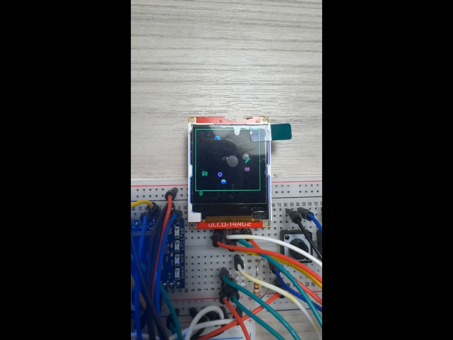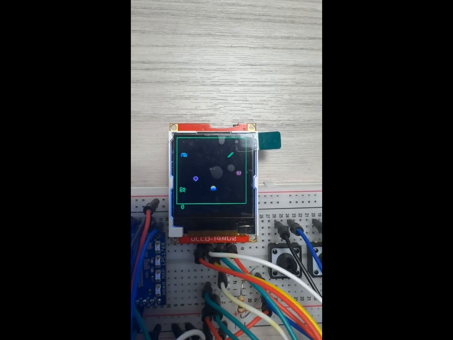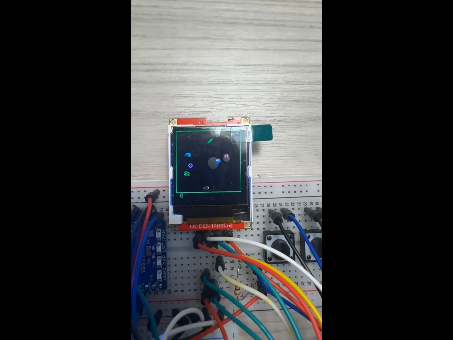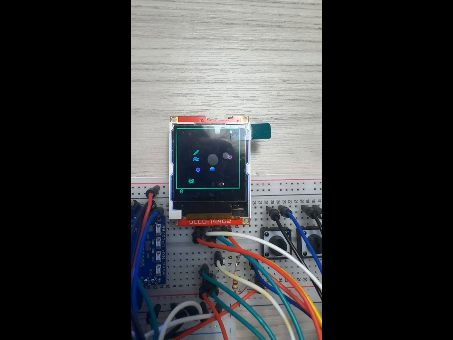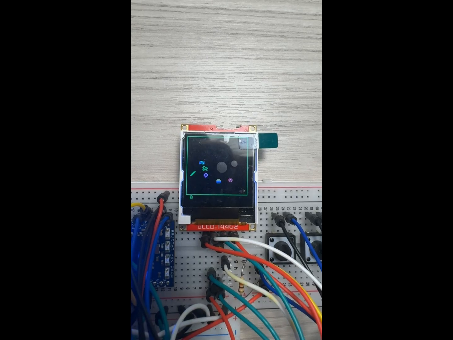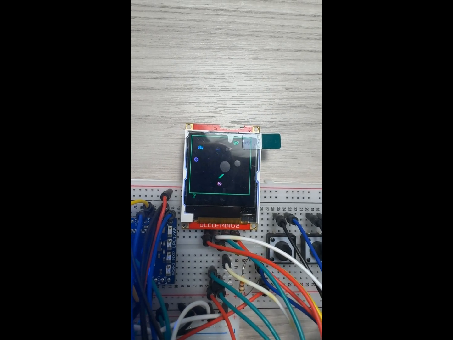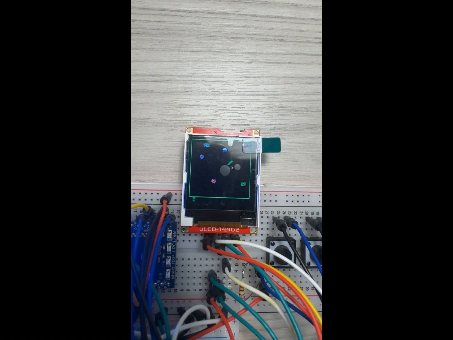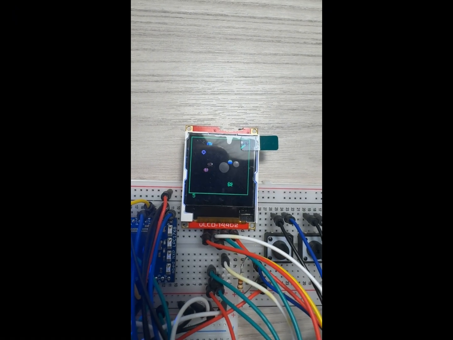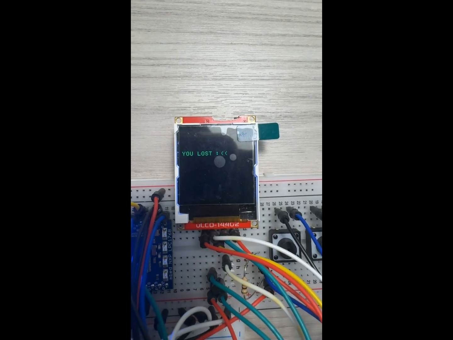So for this final demonstration, I'm going to showcase the new object that I created, which is this red pill here. Essentially what it does is every time I touch it, I lose the game. So I can have 48 points, and if I touch the red pill, I lose the game. So you can see here, I touch it, I go into the negatives, it plays the closing jingle, and then